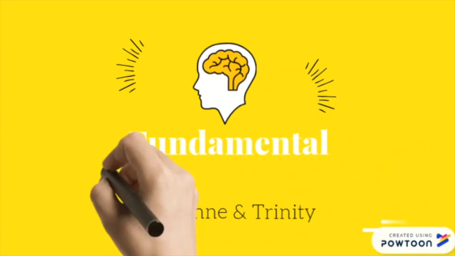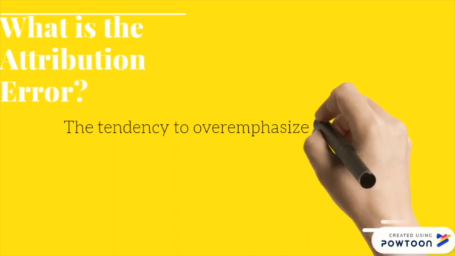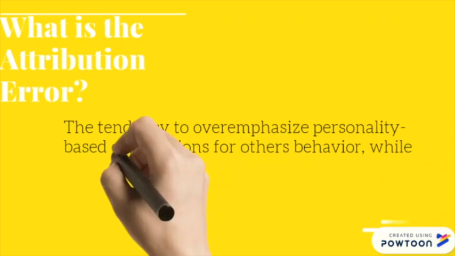We're doing our project on fundamental attribution error. What is the attribution error? Also known as correspondence bias or over-attribution effect, attribution error is a tendency to overemphasize personality-based explanations for others' behavior,